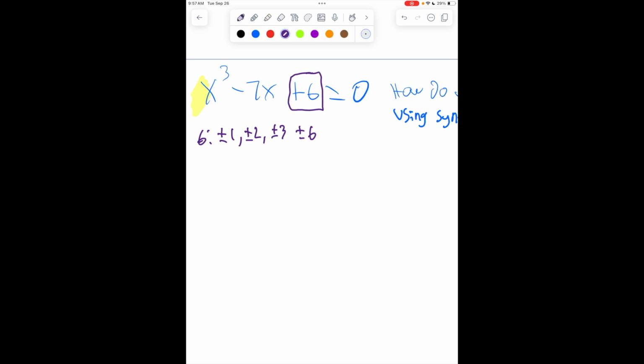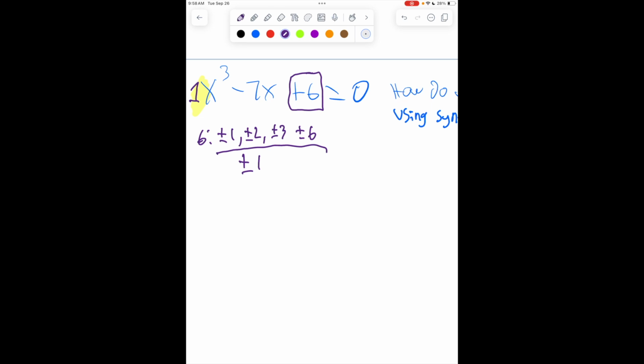Because my coefficient is 1, the only factor it's going to have is positive or negative 1. So when I think about setting this up, let's just pick one. Let's try 1. I'm going to try synthetic substitution with 1, starting by